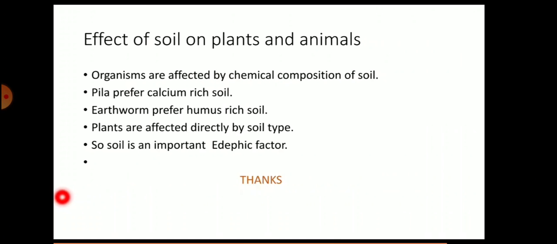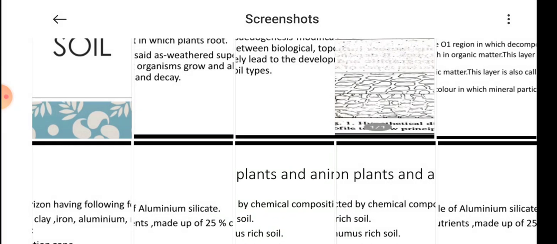Then what is the effect of soil on plants and animals? Soil is a habitat both for animals as well as for plants. Soil is used by various animals as a refuge from enemies, to escape desiccation and extremes of temperature, as material for abodes, and as a